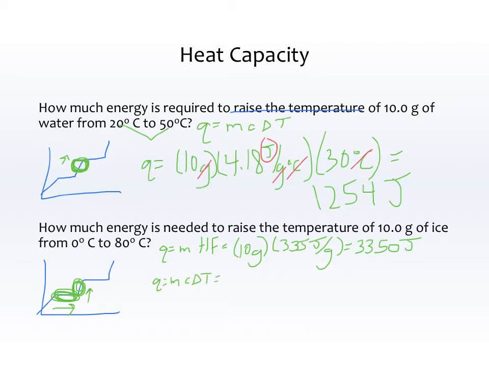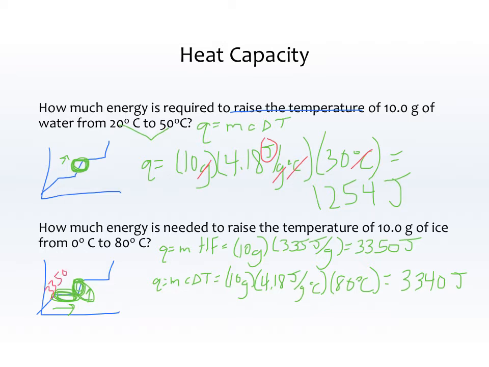T. M is 10 grams still. C now is this part of the line, so that's 4.18 joules per gram degree C. And then the change in temperature from 0 up to 80 is an 80 degree temperature change. So 10 times 4.18 times 80 is 3340 joules. So pretty much what that's telling us is it took